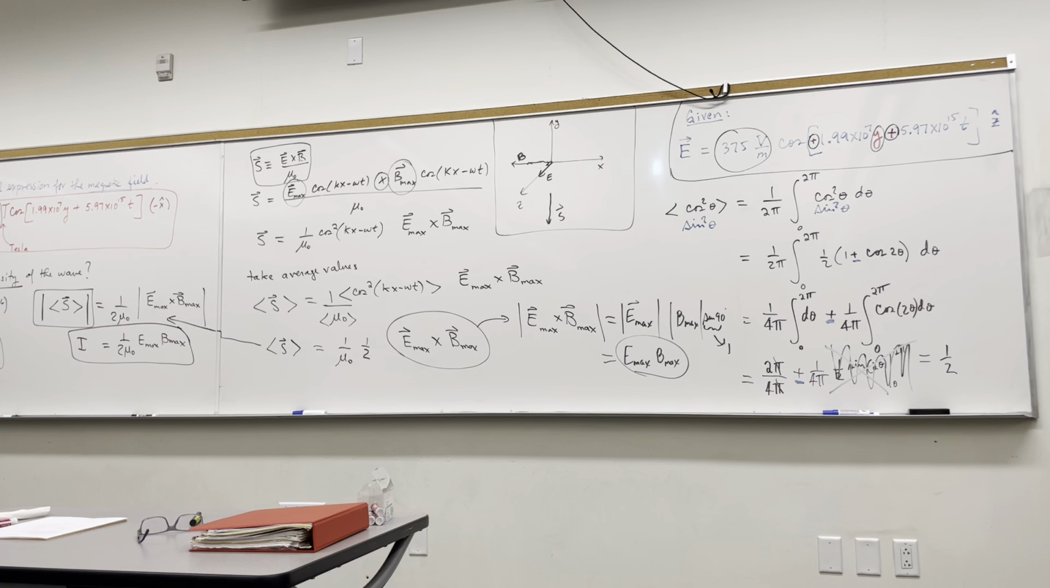Does it matter if it's cosine or sine? That has to do with how it was produced at the instant it was produced. But if you have light coming from the sun,